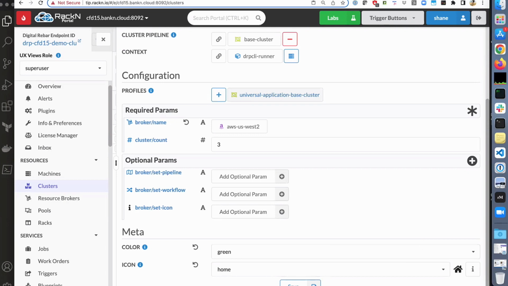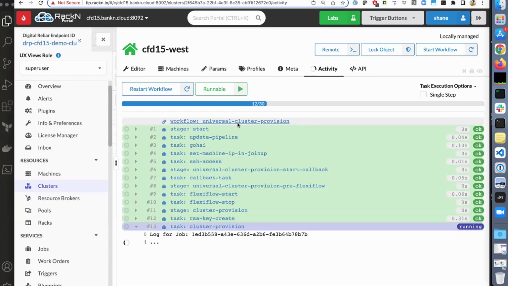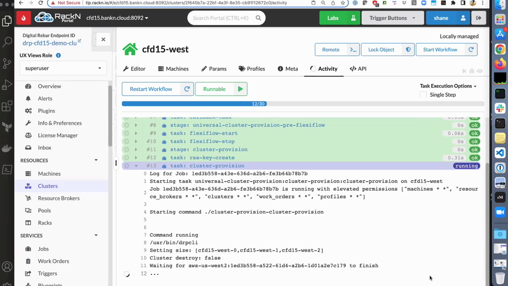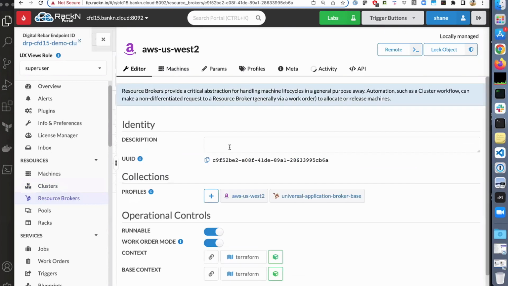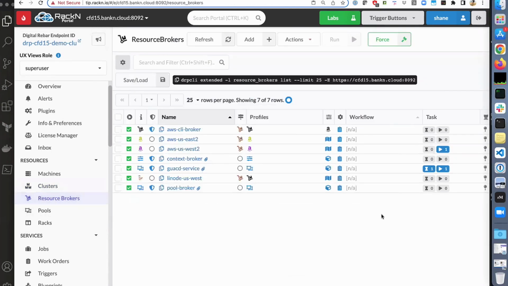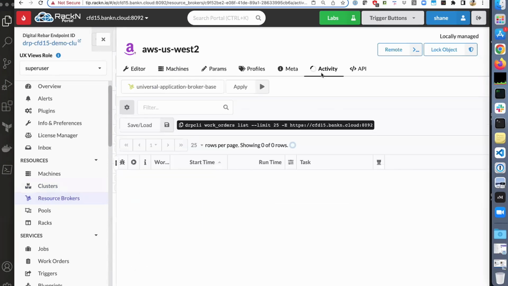All right, so now that it's starting, we're going to go through the same pipeline. We're going to hit that same resource cluster provision, but now let's jump over to the resource brokers. And watch what's happening over there. So presumably on the US West, and we actually see on the screen here, we have these jobs, work orders running on it. Exactly. So if you jump over to the activity tab,